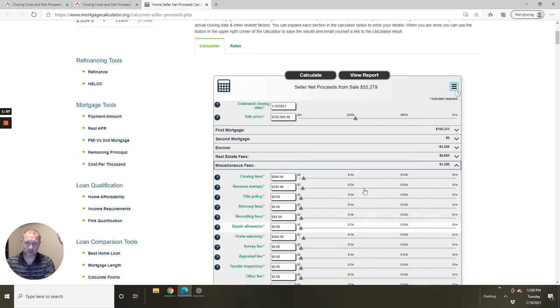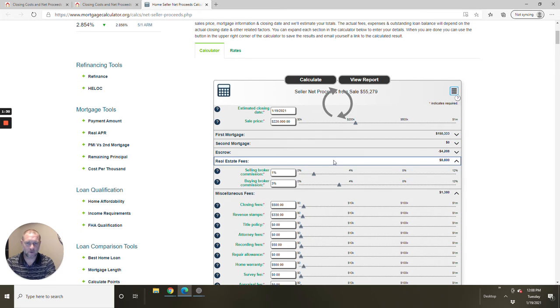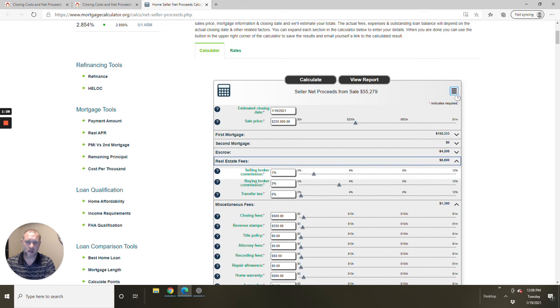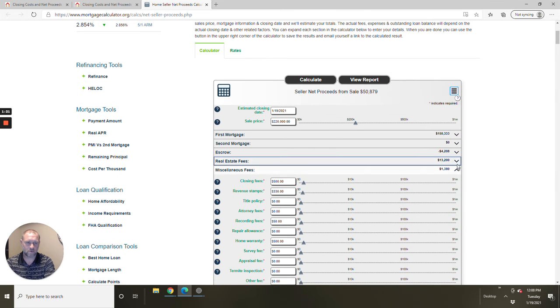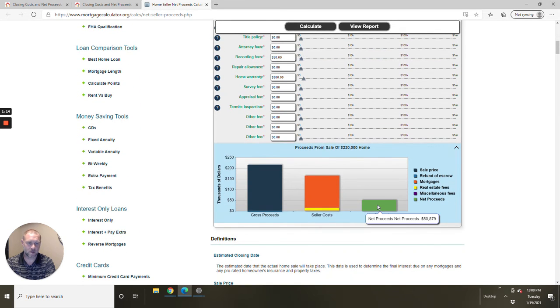Now, if you want to get into some of the variable costs, you can move these numbers around a little bit. Take out the home warranty, that'd save you $500. Or if you just wanted to list with a real estate agent, you could be looking at a 6% commission, with 3% going to the selling broker, 3% going to the listing broker, so a total of 6%. So that brings your net proceeds to just under $51,000. So in this scenario, whether you use a realtor or do by owner, you're looking at net proceeds of $51,000